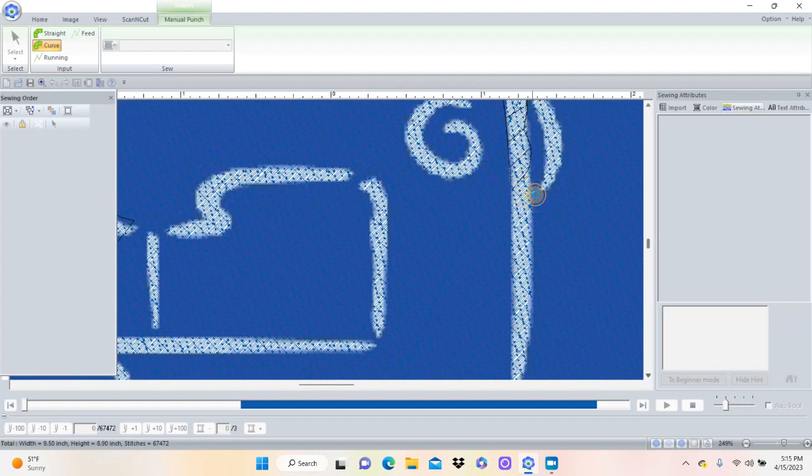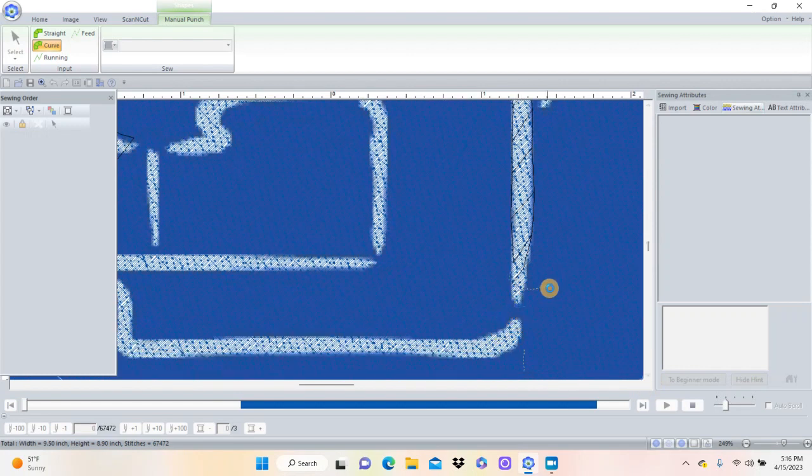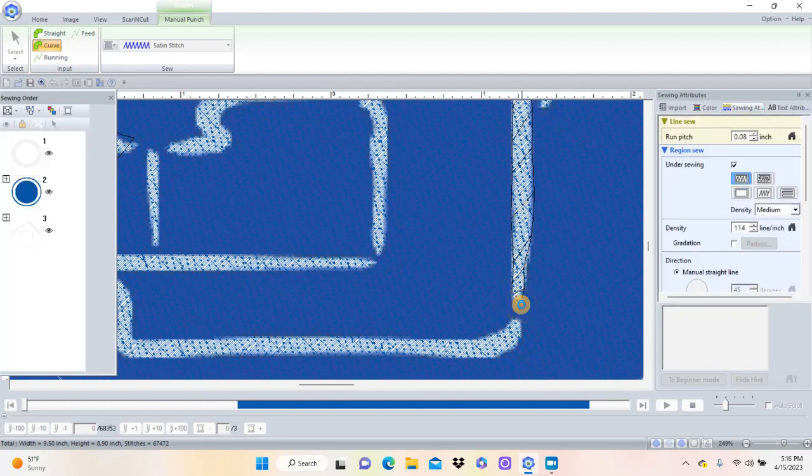Click here, click here, click here, and continue clicking along the shape. Click here, click here. Double click. Now when I double click, it creates the satin stitch. See? So now if I want to look at it,